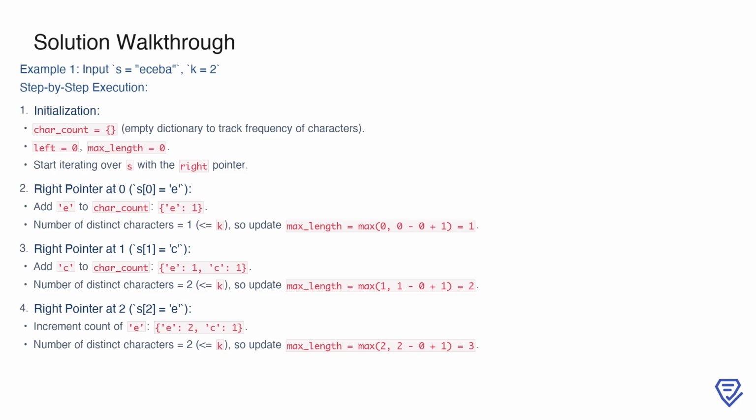Moving to the next position, the right pointer is now at 1, and the character is c. We add c to the dictionary, resulting in char_count being e1 c1. Again, the number of distinct characters is 2, which is within the limit, so we update max_length to 2. At position 2, the character is e again, so we increment its count in the dictionary, making char_count e2 c1. The number of distinct characters remains 2, so we calculate the current substring length as 3 and update max_length to